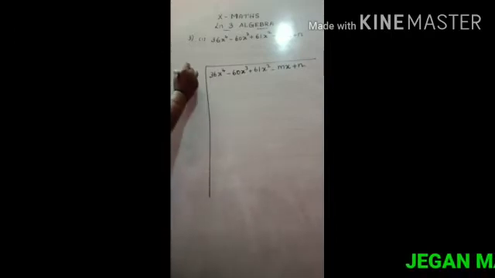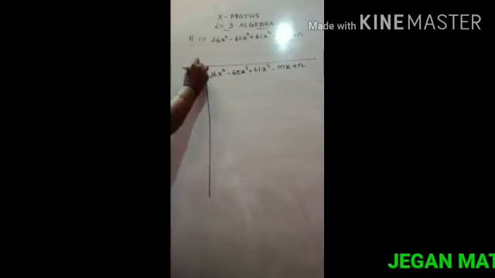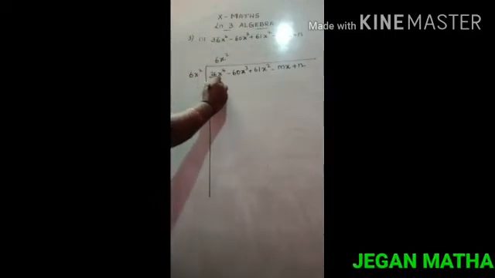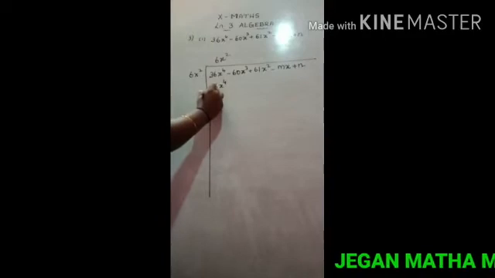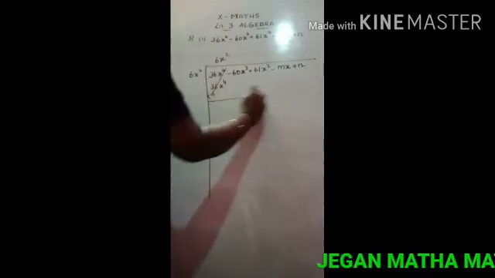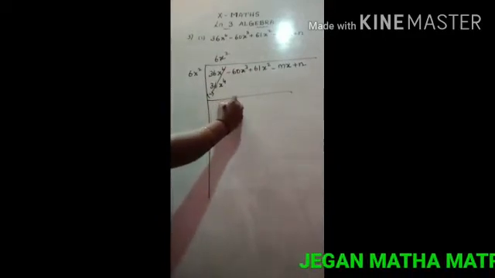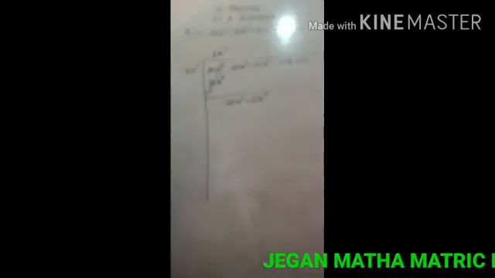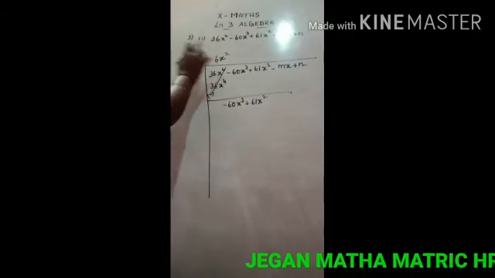We take the first expression 36x power 4 and find the square root. 6 6s are 36, so 6x square into 6x square. We have 36x power 4, change the sign, this cancels. Write the next two terms, minus 60x cube plus 61x square. In the second step, multiply the two in the table.